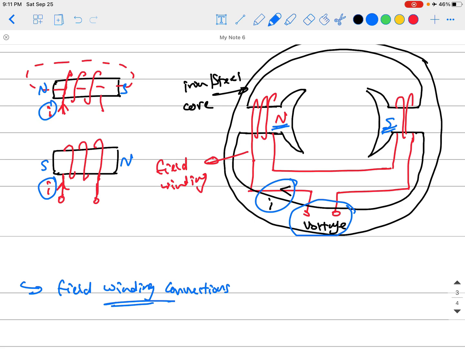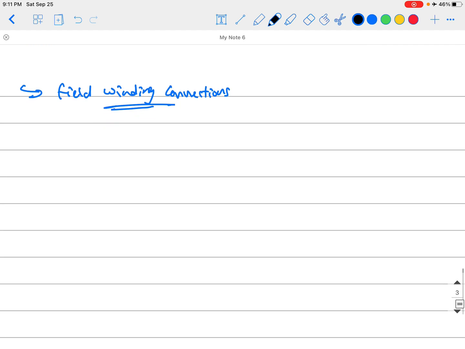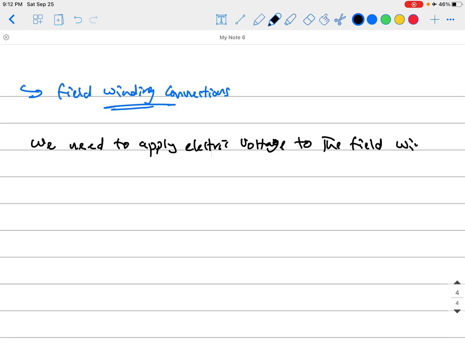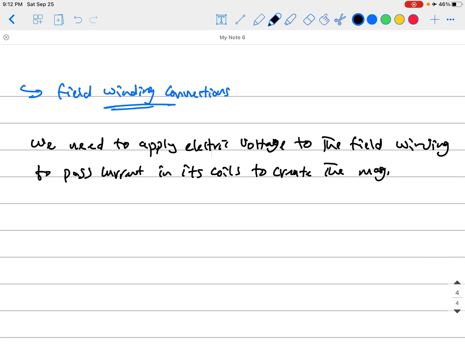Whatever we have, we need to apply electric voltage to the field winding to pass current in its coils to create the magnetic field needed,